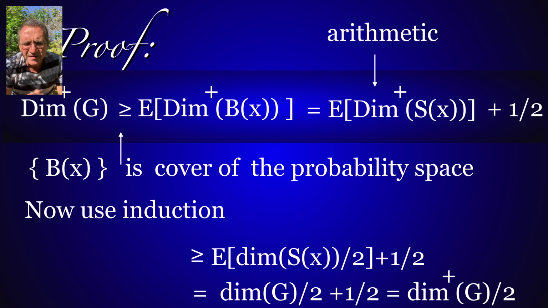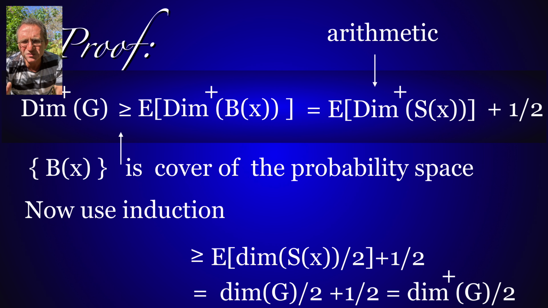The proof is not that difficult. We use a kind of conditional expectation inequality first. If we compute the average simplex cardinality of a complex, we can patch the complex up with unit balls, and when we take the average of these averages, that's smaller, and then we have an arithmetic result which relates the dimension of the ball with the dimension of the